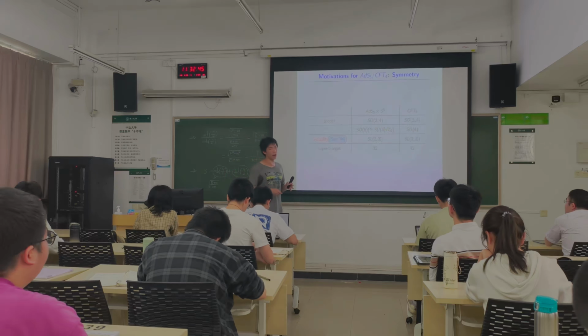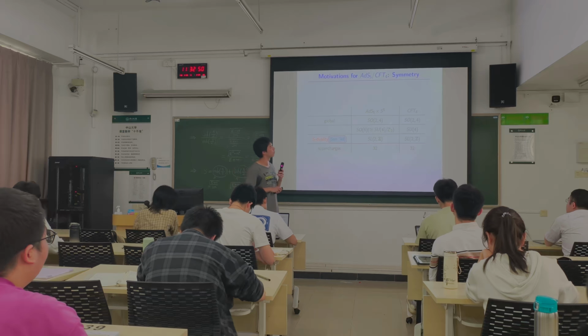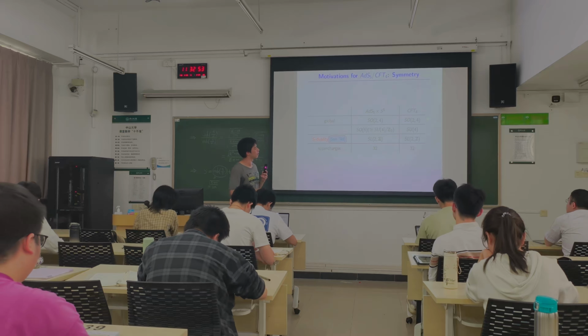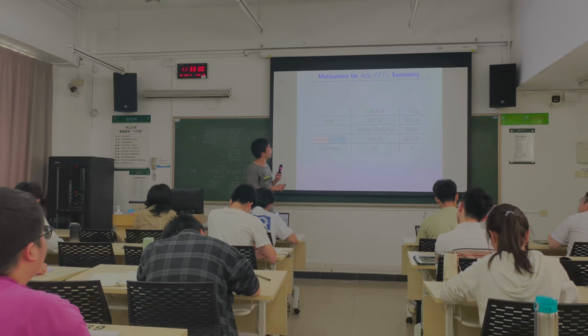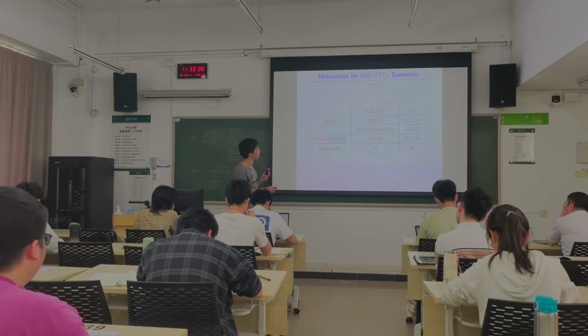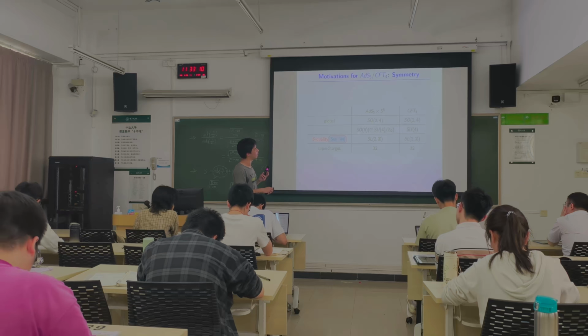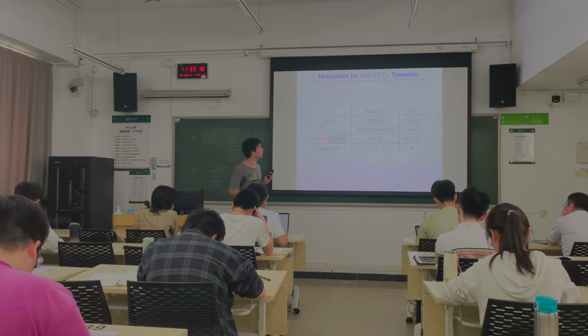And I have two arguments here. The first is the symmetry. We have seen that the conformal field theory has the conformal group SO(2,4) and the R-symmetry group SU(4). Combining both, we get SO(2,4) times SU(4). And for AdS5, we have the conformal group as the isometry group of AdS5, and for S5, this is a 5-sphere in 6-dimensional space. Actually, it's invariant under rotation in 6 dimensions, so it's SO(6). And SO(6) is isomorphic to SU(4) locally. So you can see the global symmetry and R-symmetry match on both sides.